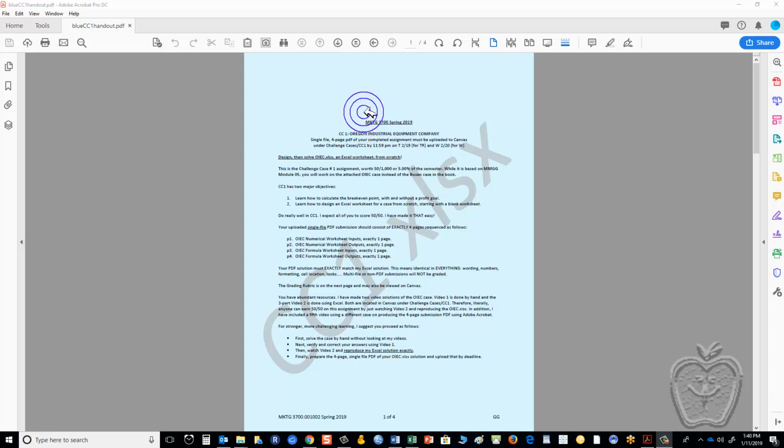Hello, in this three-part video, I shall solve the CC1 Oregon Industrial Equipment Company case using Excel. In other words, first set up an Excel worksheet to solve the case and then solve it. Finally, apply the cell formatting for the various numbers, print formatting, print the worksheet as required by the assignment, producing these